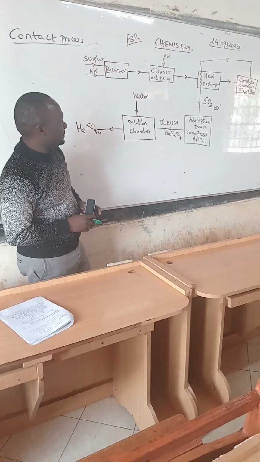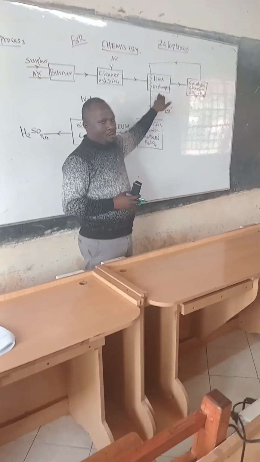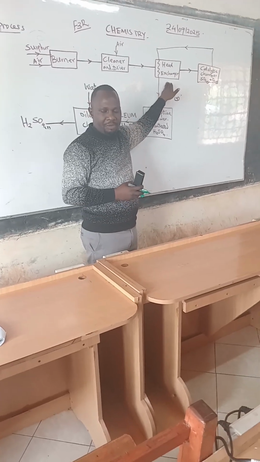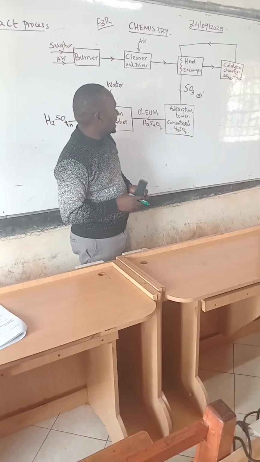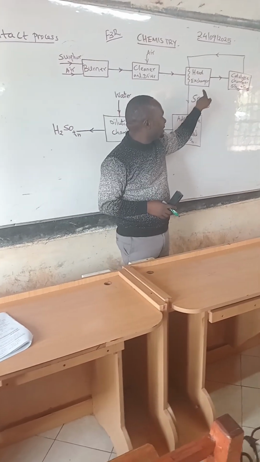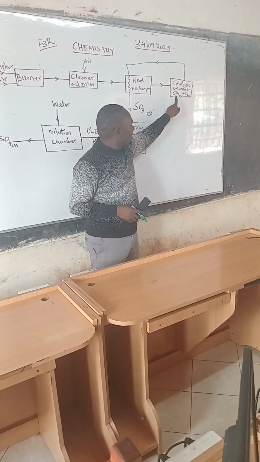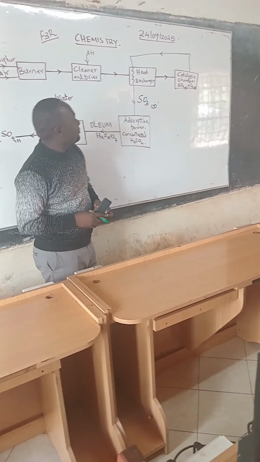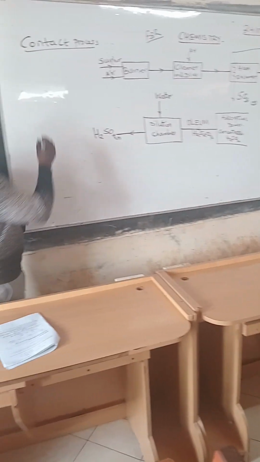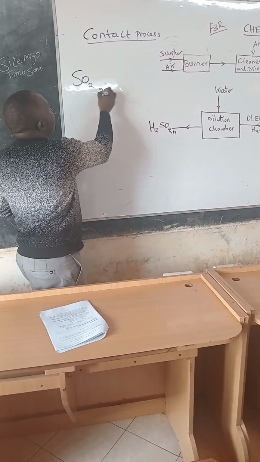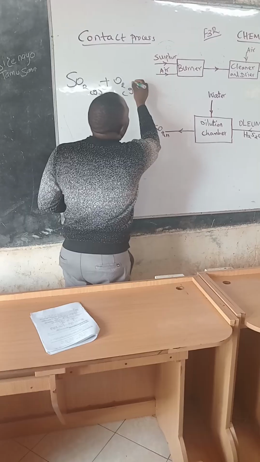Then from the dryer, we move to the heat exchanger, whereby the optimum temperature for the gaseous mixtures to react is going to be set. Then after the heat exchanger, we move to the catalytic chamber. So in this catalytic chamber is where we have sulfur 4 oxide gas reacting with oxygen. I can write the equation here, sulfur 4 oxide gas and oxygen gas to give us